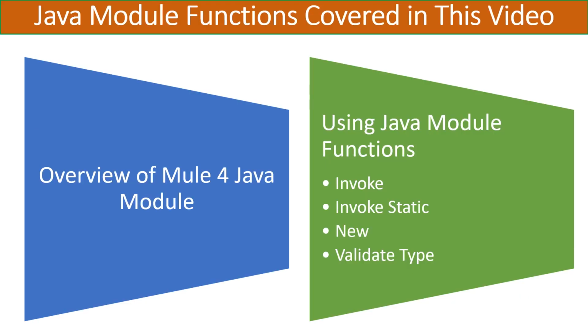Let's have a look at the details of the topics that are part of this video tutorial. First of all, we will have a high-level overview of Mule 4 Java module, where I will explain what Mule 4 Java module is and what are the use cases where this comes handy and it's useful. And then we will have a demonstration where I will be implementing a simple use case and all of the available functions in the Java module will be covered, including invoke static, new, and validate type. Once I implement and use these functions from the module, I will explain what exactly